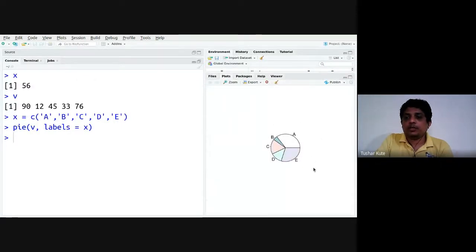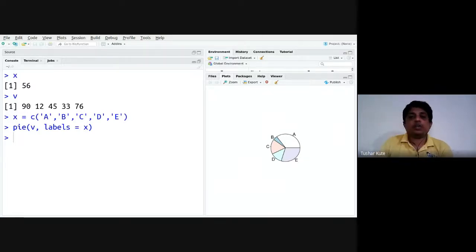Even if you use the save as image option present over here, that also we can find. We can zoom it. A complete new window is opened. Maybe it's not visible to you. Likewise, pie charts can be created. It even contains 3D pie charts also. The pie3D function is present by which you can do that.